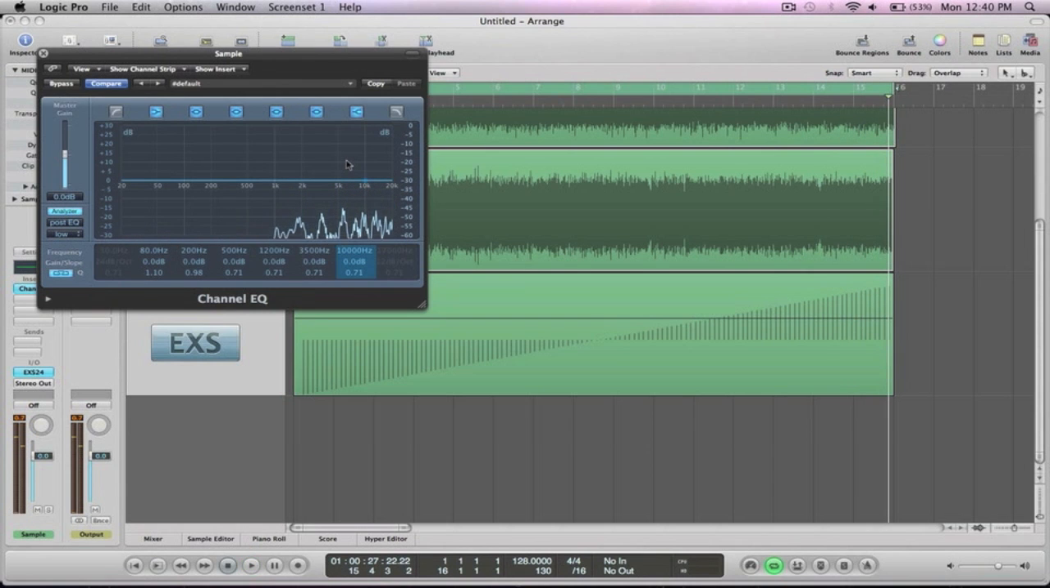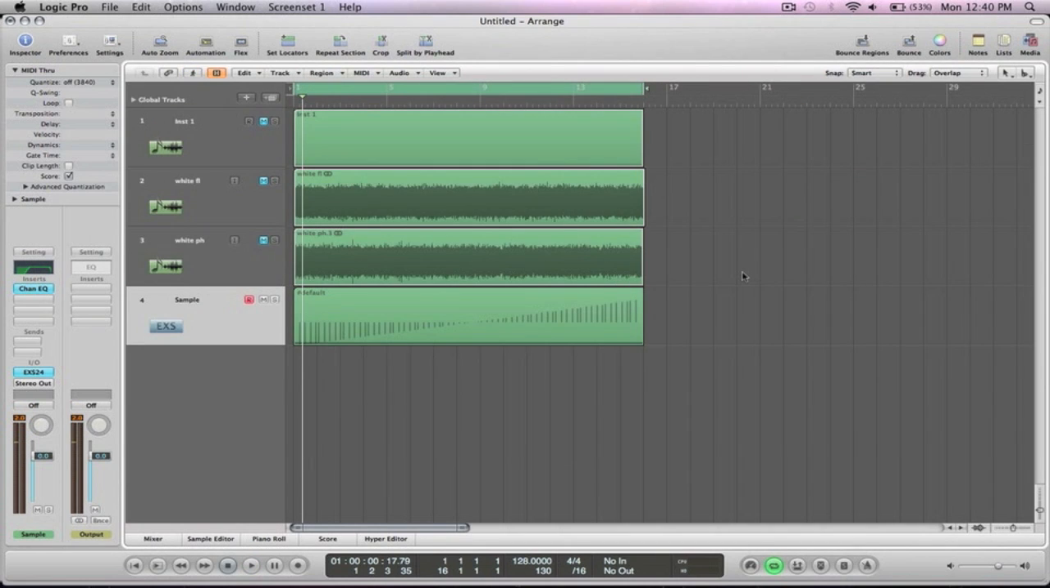So I think that one sounds a little bit more believable than the phaser one that I had initially. So there you go. That's pretty much about it. I mean, you can start to add some other little effects to it. Obviously, you